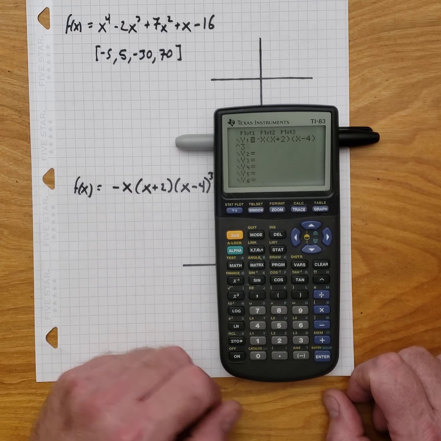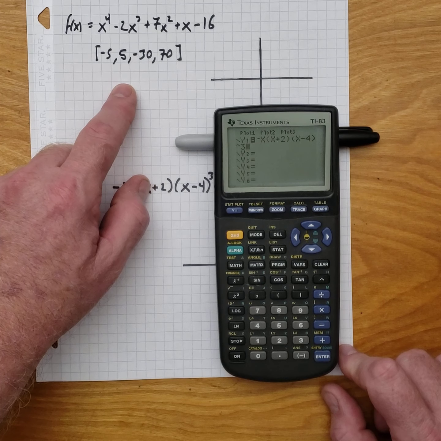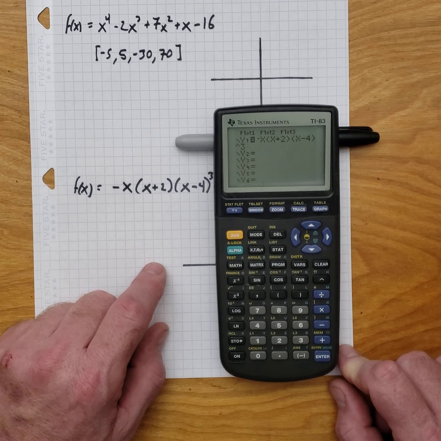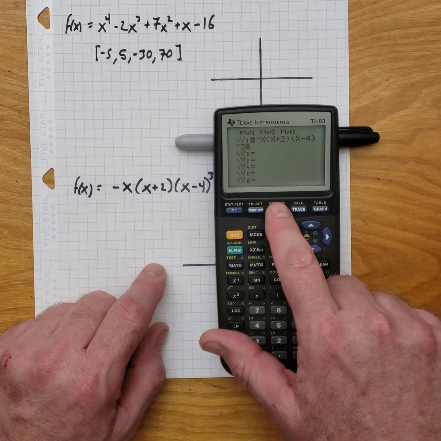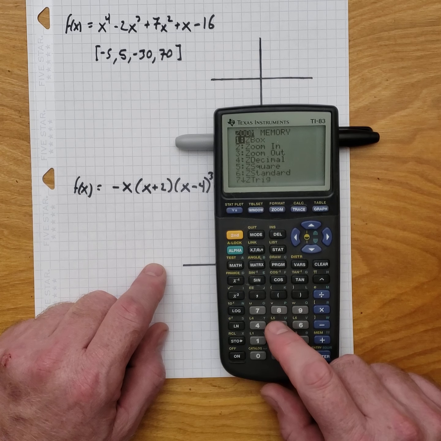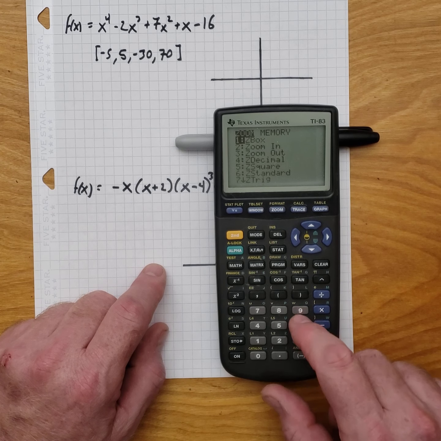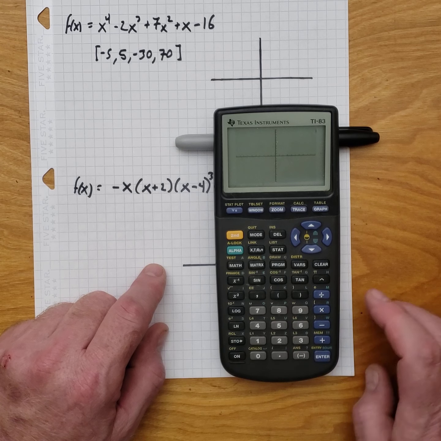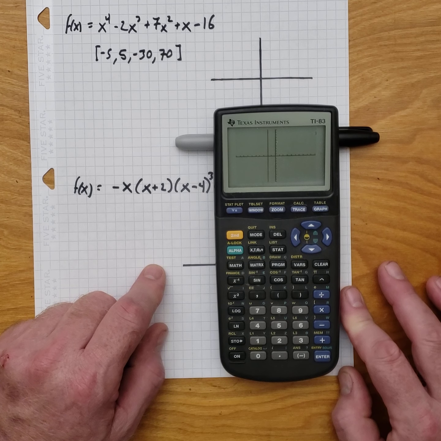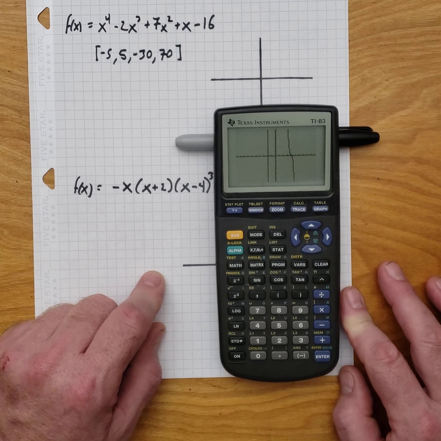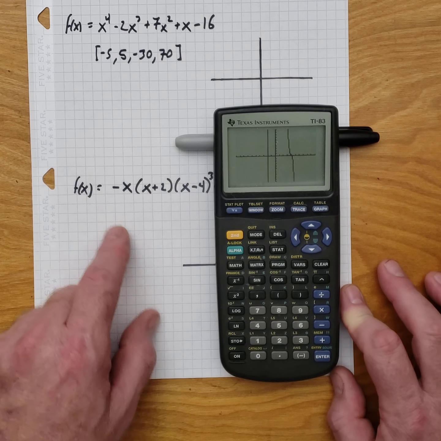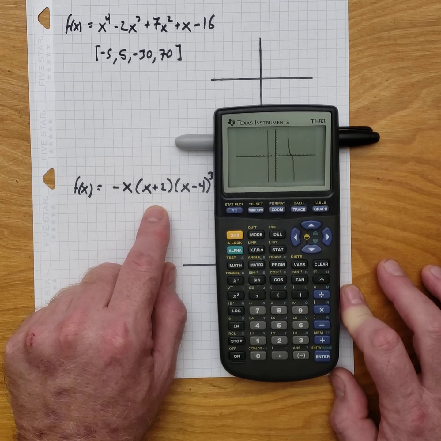Now, I don't want the window for this graph for our new one. I want our regular window. So I'm going to go back to that regular one, which is zoom, and then either arrow down to standard and hit enter, or 6. Zoom 6 always gets you back to that nice home screen. And that's fantastic. I can't really tell what's going on here, but you should be able to interpret this, what